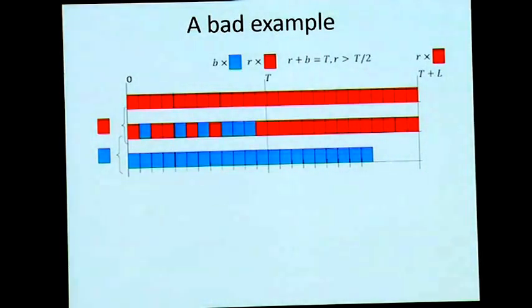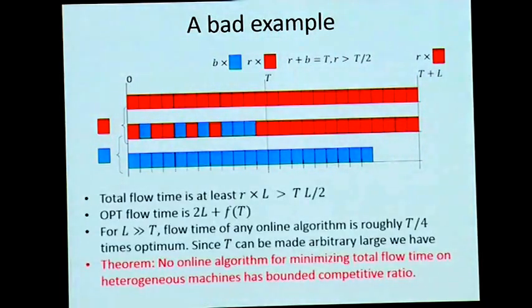What is the flow time of this schedule? Now here I want you to recollect that I said flow time can also be thought of as the number of outstanding jobs, unfinished jobs at every point. At each of these L time units, I have at least T by 2 jobs waiting. Yes? So I will forget about everything else and say that the flow time of this schedule is at least T times L by 2. Right? Because there were T by 2 jobs at least remaining here and each of these L time steps.